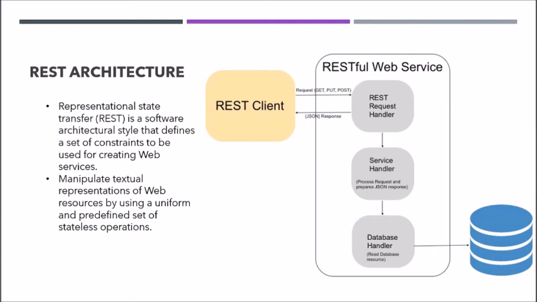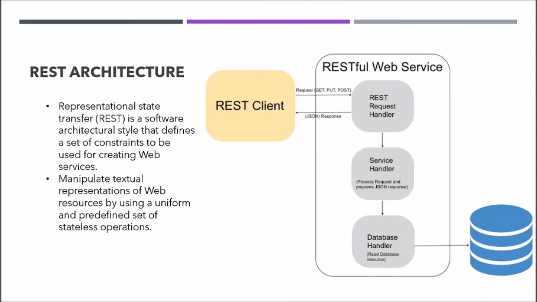REST is lightweight, and it can handle any type of response, not only XML, it can also handle JSON or any format. So that's the advantage in REST.